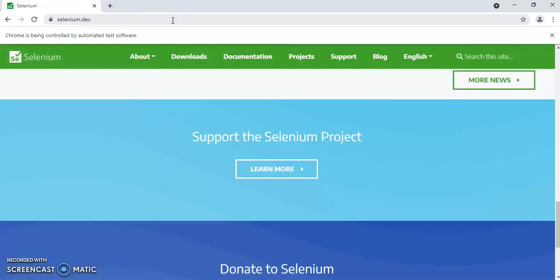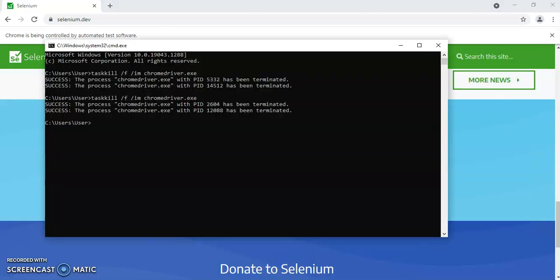Okay, so it has invoked our application. The page went down, so it scrolled our page in downward direction. Let me kill the Chrome driver instances.